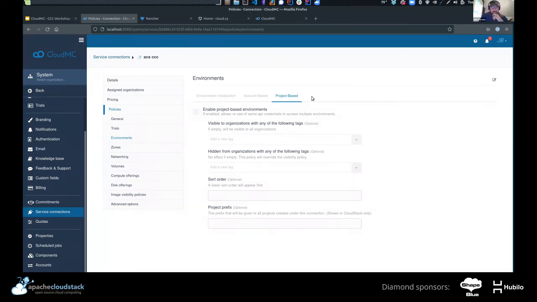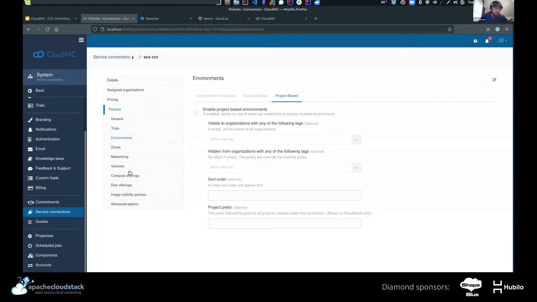Yeah, exactly. So here we have the project-based versus account-based. By default, it's project-based. But one of the things, just to riff off of what Pat was saying, is that you can change what an organization sees by tagging it. There are a number of things I'll try to highlight as we go through. But essentially, based on the tags that you associate with an organization, you can have them behave uniquely in the system.